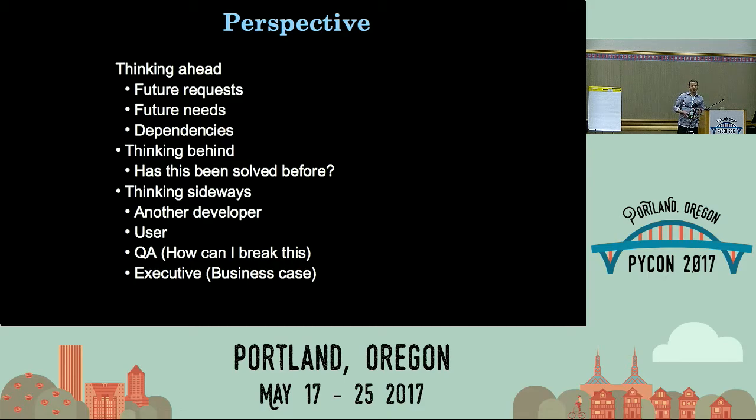And this is actually a really good measure for looking at the difference between a more junior developer and a more senior developer. So for example, thinking ahead. A more junior developer might think, oh, well, I'm just going to solve this particular problem in front of me. As you start getting more and more experienced, very quickly you start asking questions like, well, what problem am I going to have to solve next?